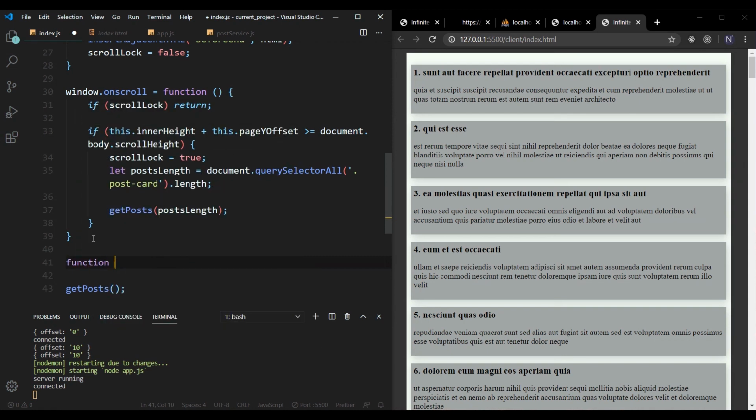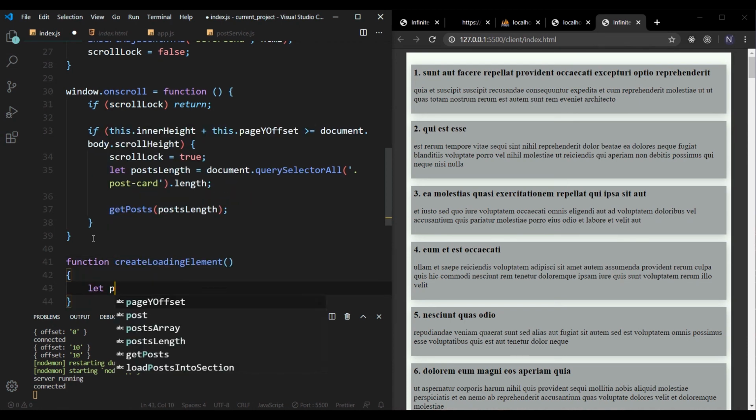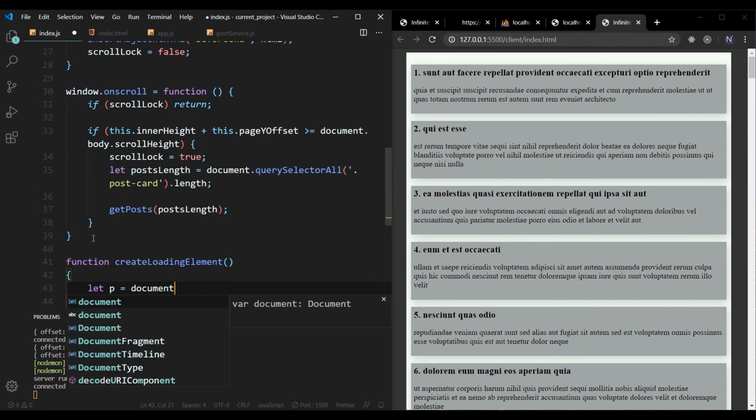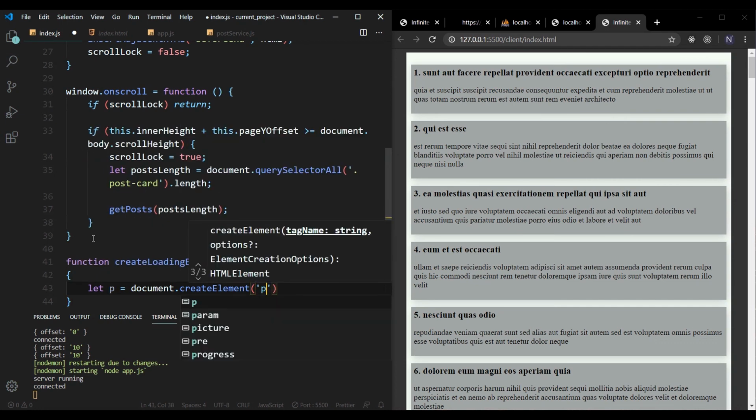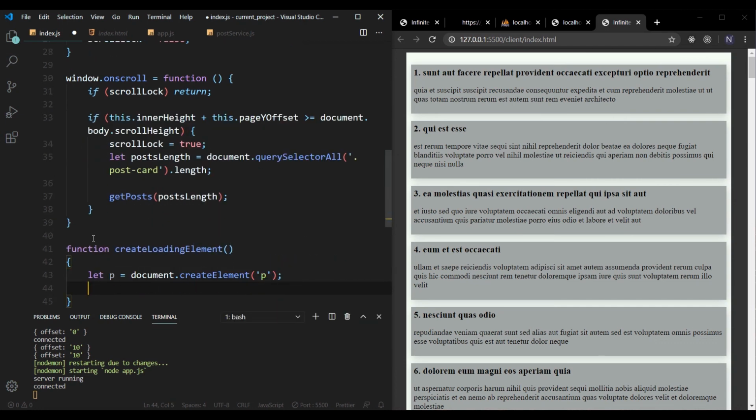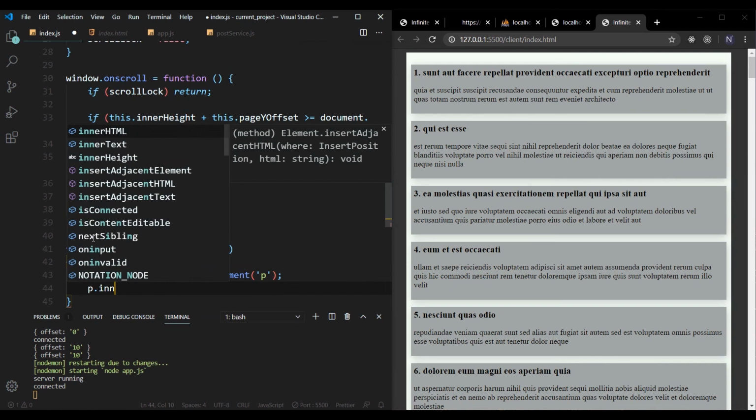So let's have create loading element. So we're going to say let p equal to document dot createElement p, and then p dot inner text